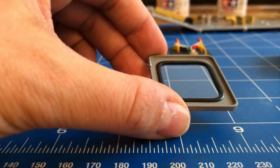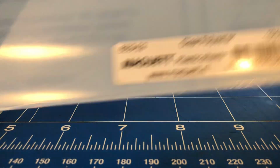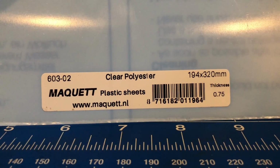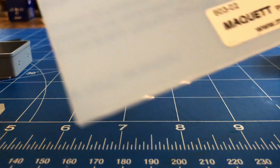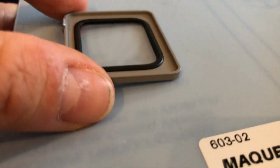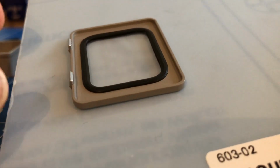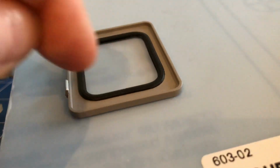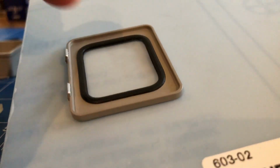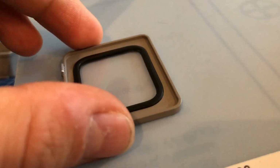just trace the pattern. What you're going to do is make the glass. So I'm using this clear polyester, 0.75 millimeters. You just put the cover without the rubber onto it. You trace it with a pencil in the right shape, and then you cut it with scissors, and you make sure that you take like 1 millimeter off, because the glass must be a little smaller to really get inside. And when you have done that, you have the piece of the clear